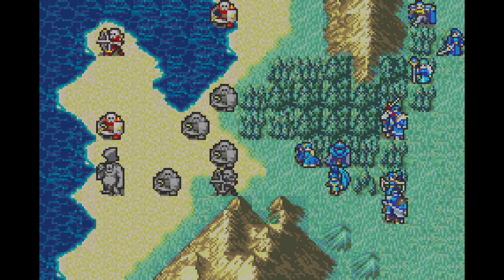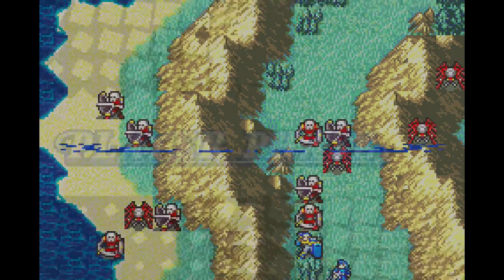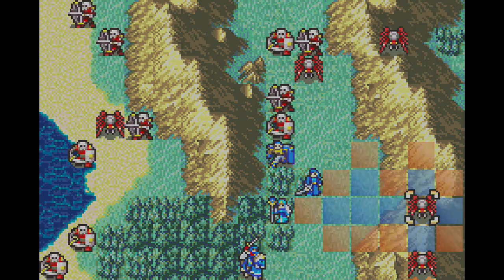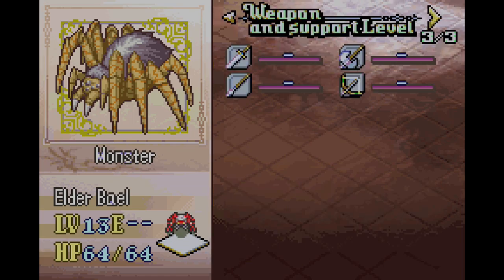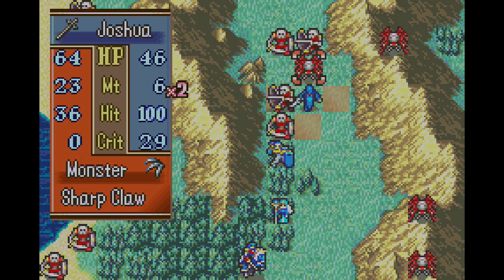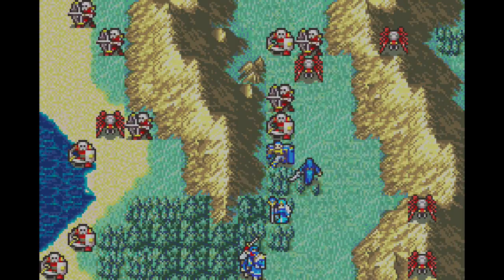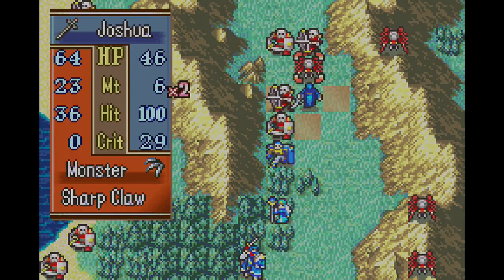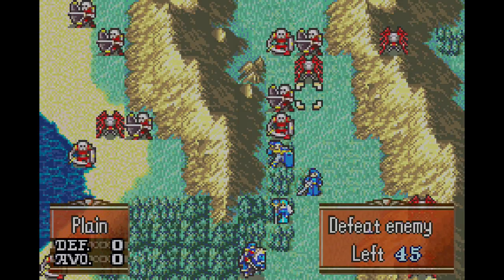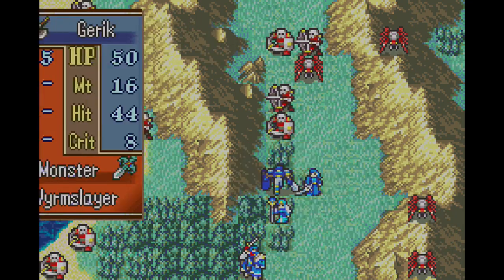Okay, archers are incoming. I've got a lot of enemies around everywhere, actually. And that spider can get off of its mountain. And that spider has a sharp claw. Let me just test how much damage you do. You've got a lot of defense, too. 23 is a lot, but that's your base hit rate when I'm not even on a forest, so... I'm kind of confident that...